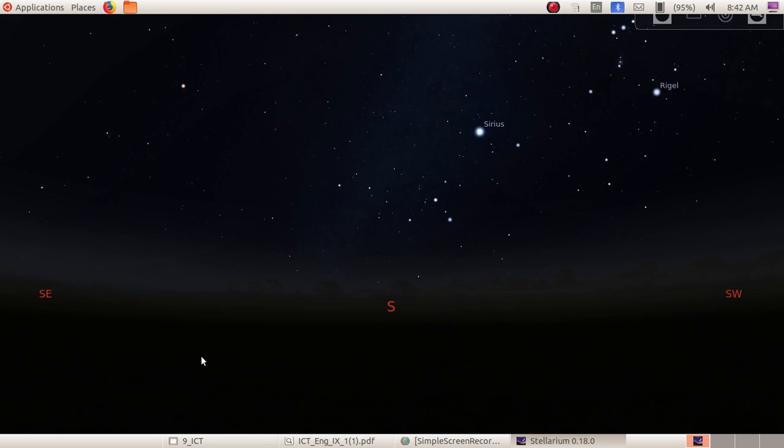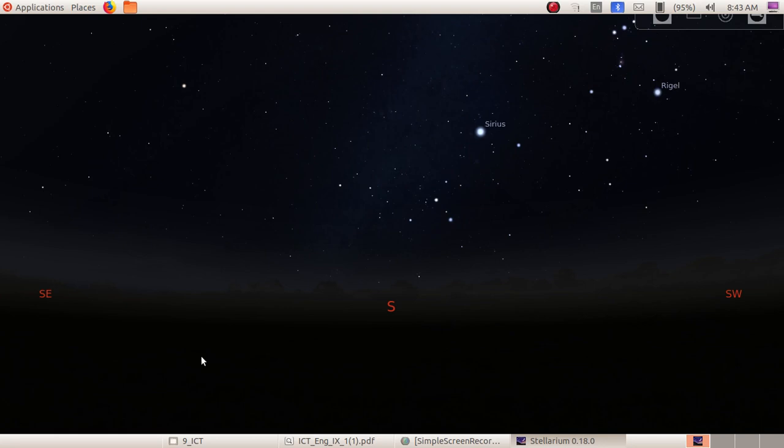But you have limitations in observing stars and planets in the sky. But Stellarium is a simulation software which generates virtual reality of the sky. Here you can adjust the location, then you can adjust the date and time. And you can observe the sky from any location at any time.